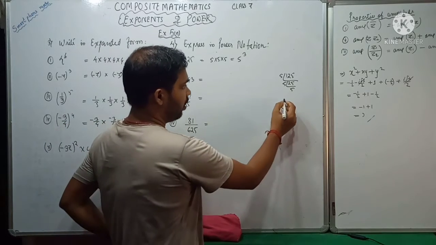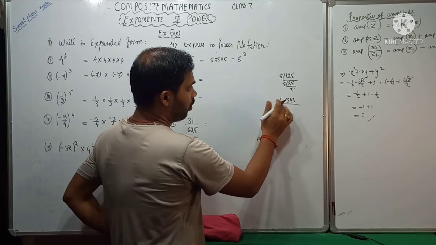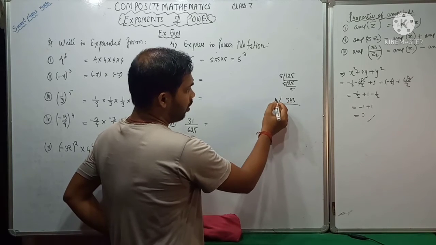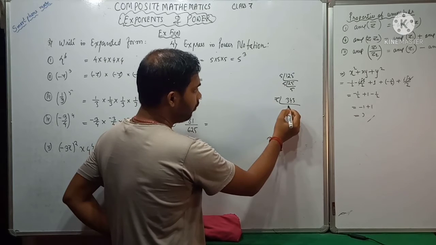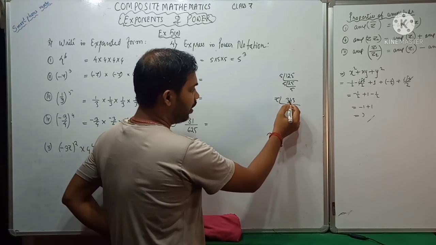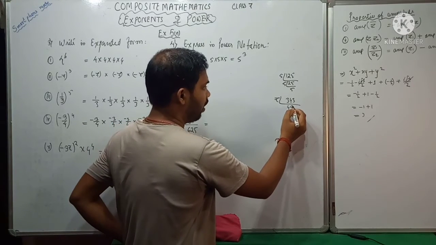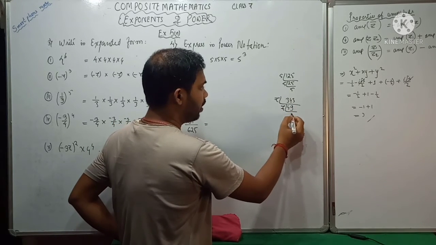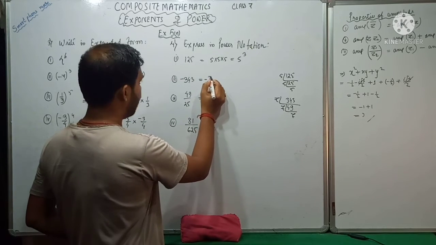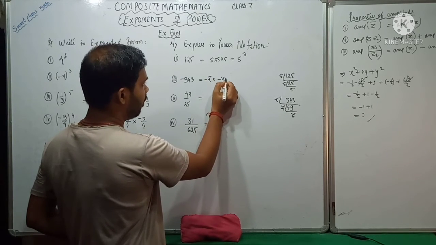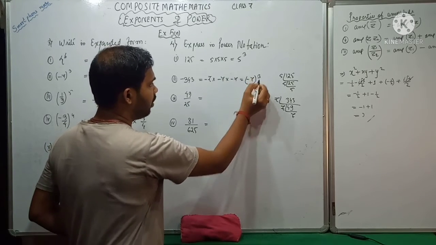Okay. Next you see 343. So I will factorize 343. I will remove the minus. It is divisible by 7. So 7 4s are 28, 6 remaining, 63, 7 9s are 63. Then it is 7 7s. So I can write minus 7 into minus 7 into minus 7. That means I can write minus 7 three times.